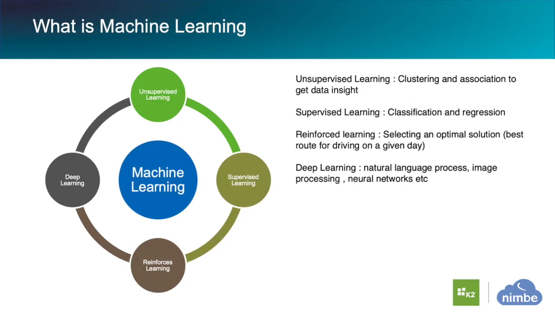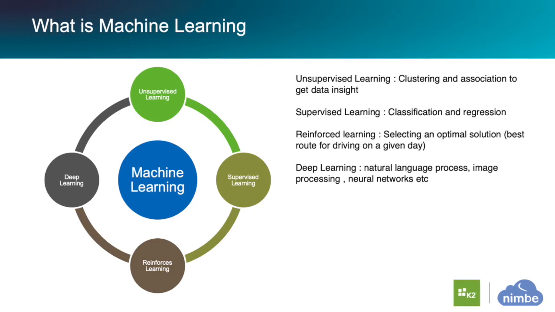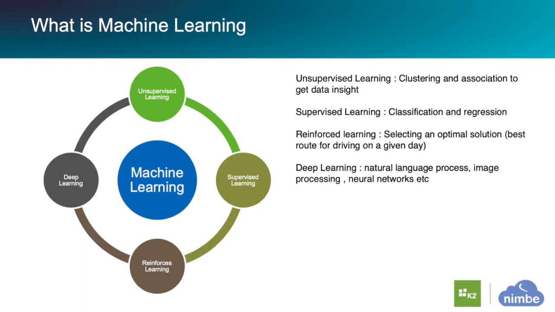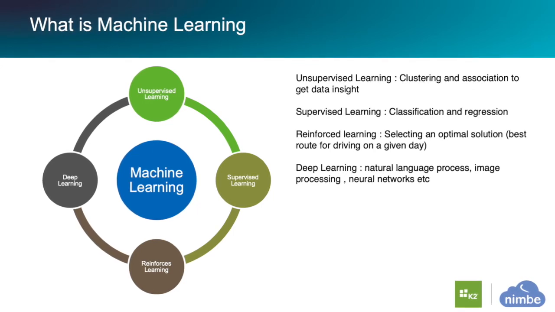Learning. So what is machine learning? As you can see from that picture, there are four pillars to machine learning. The very first one, and often used, is unsupervised learning. Unsupervised learning is essentially where you have all the data analysis and data insight. You hear a lot about data scientists doing machine learning based implementations, and the majority of them, I'm not saying all, tend to be unsupervised learning.